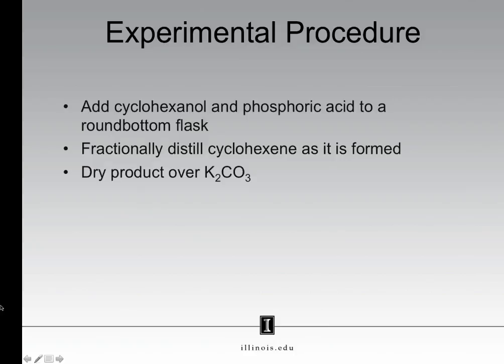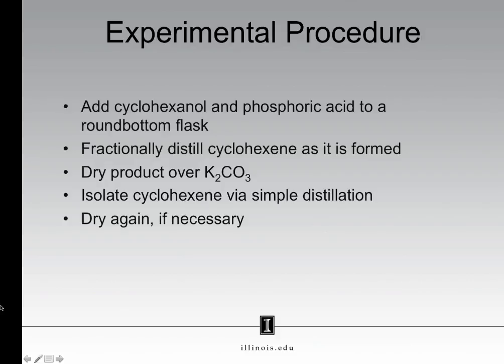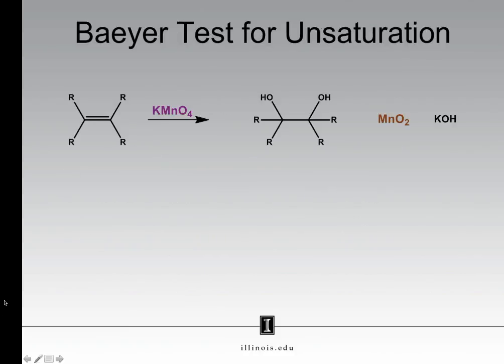To separate your product from the potassium carbonate, you will then perform a simple distillation, and then, if necessary, dry your product again, and finally, perform something called the Baeyer test to confirm that your collected liquid is in fact your product. The purpose of the Baeyer test is to determine if there is unsaturation, or in other words alkenes,